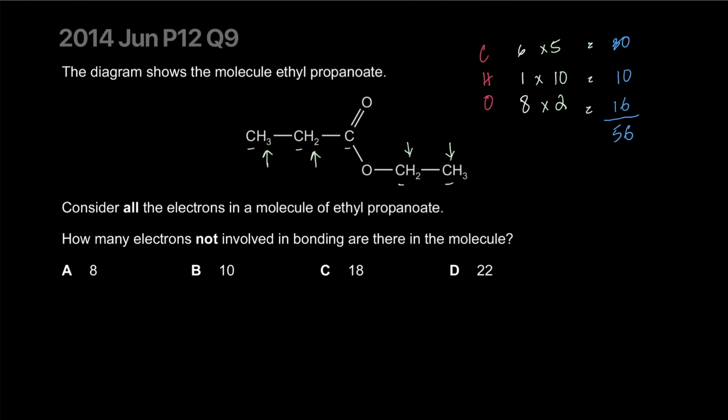Now let's count how many electrons are bonded. Each single bond is going to be 2 electrons, and each double bond is going to be 4 electrons. So I'll sum all of them up and subtract it. This carbon is attached to 3 hydrogens, 3 single bonds, 4, 5, 6, 7, 8, 9, 10, 11, 12, 13, 14, 15. There are 15 single bonds,